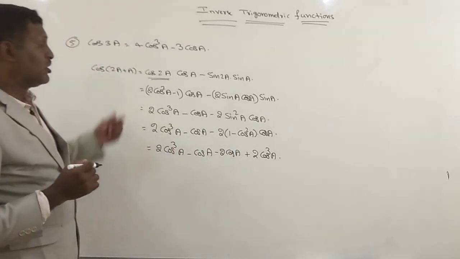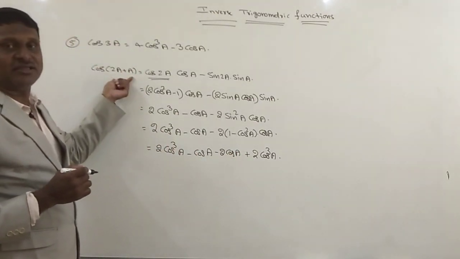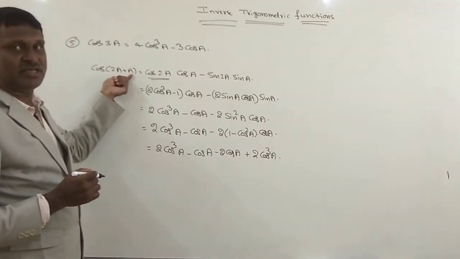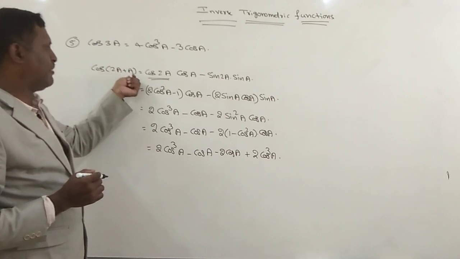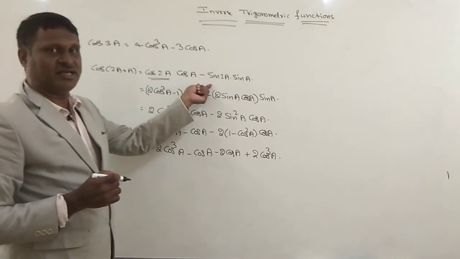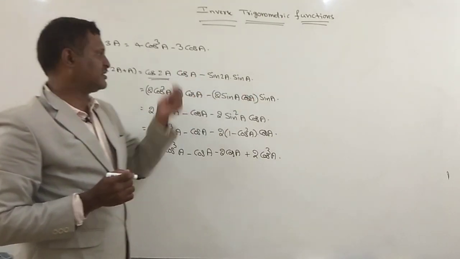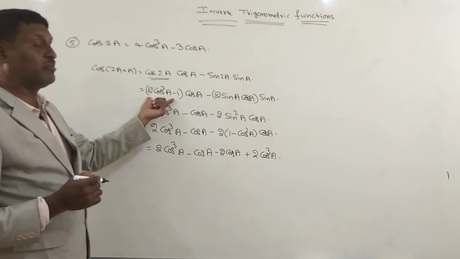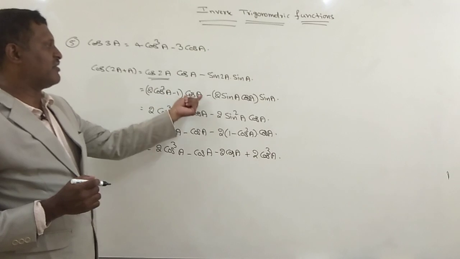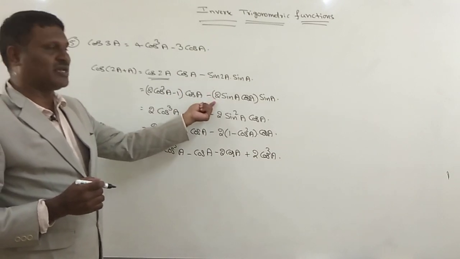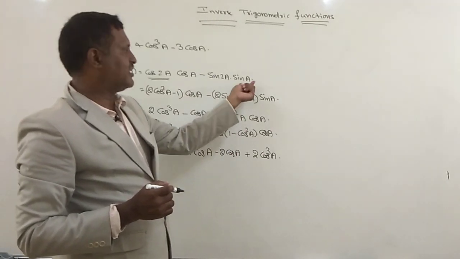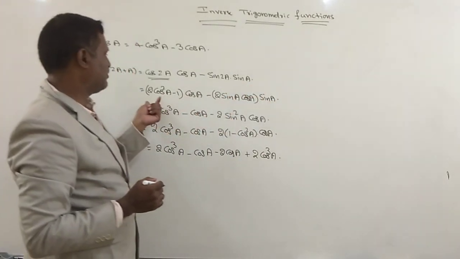Now observe once again. Cos 3a we can write in the form of cos of a plus b. So 3a I have written as 2a plus a. Now cos of a plus b formula, using cos a cos b minus sin a sin b, like that I have written. Again cos 2a formula in terms of cos, 2 cos square a minus 1. Again cos a I have written as it is, minus sin as it is, sin 2a formula, 2 sin a cos a we can write. Again this sin a write down as it is. Again simplification.